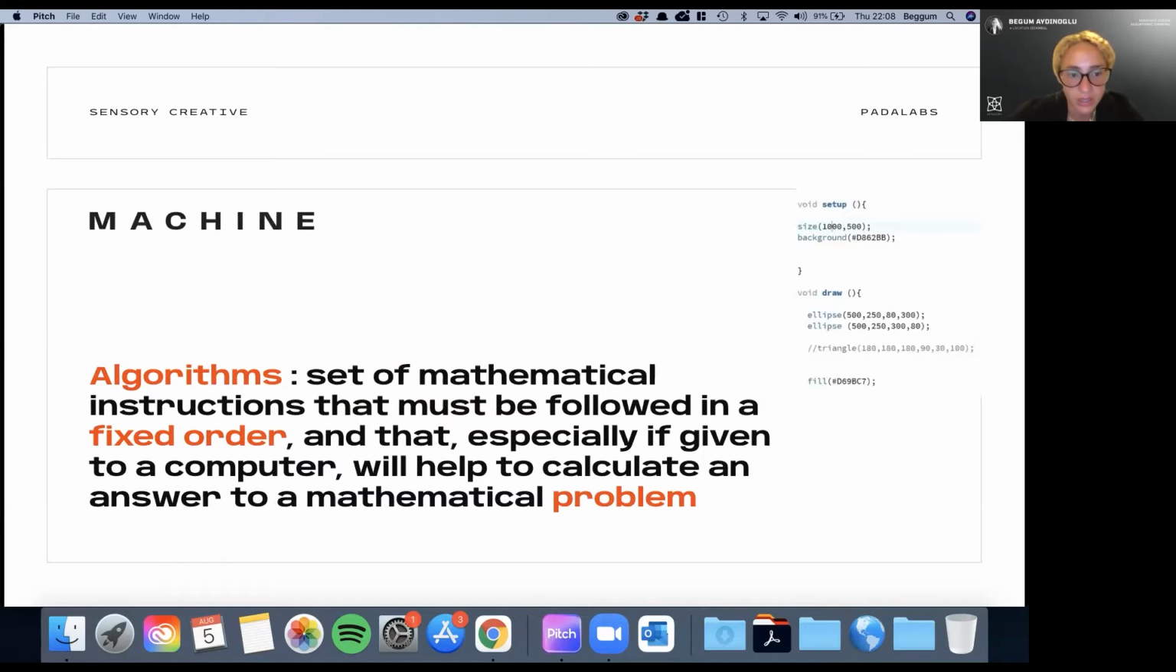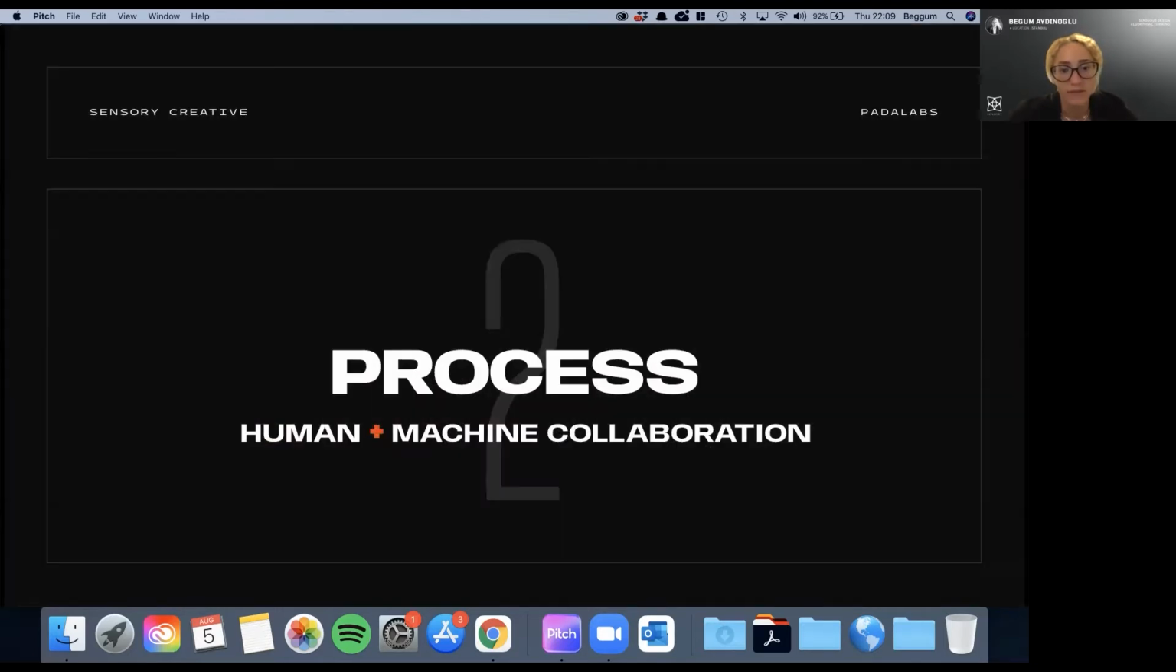And what's related with machines is the algorithms, which is a set of mathematical instructions that must be followed in a fixed order, and that, especially if given to a computer, will help to calculate an answer to a mathematical problem. And then when we combine them, it becomes human and machine collaboration that is creating the process,